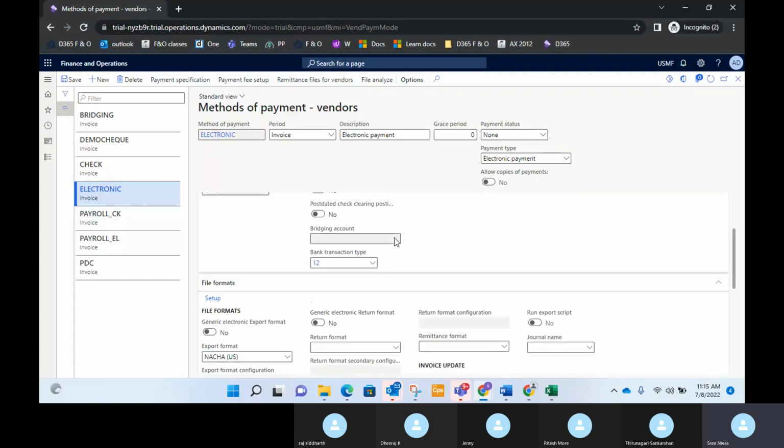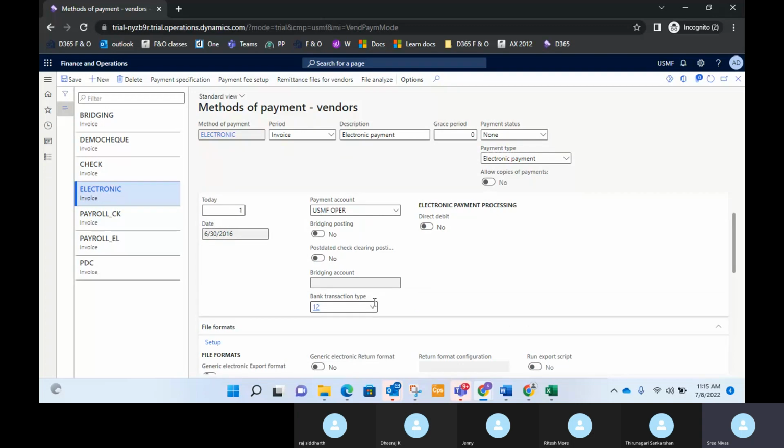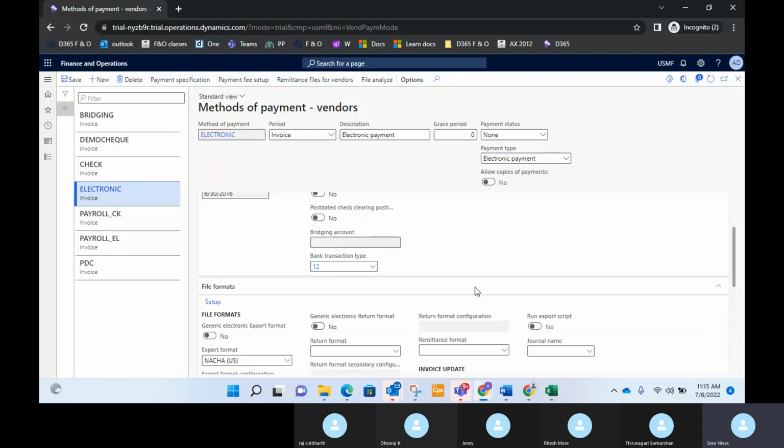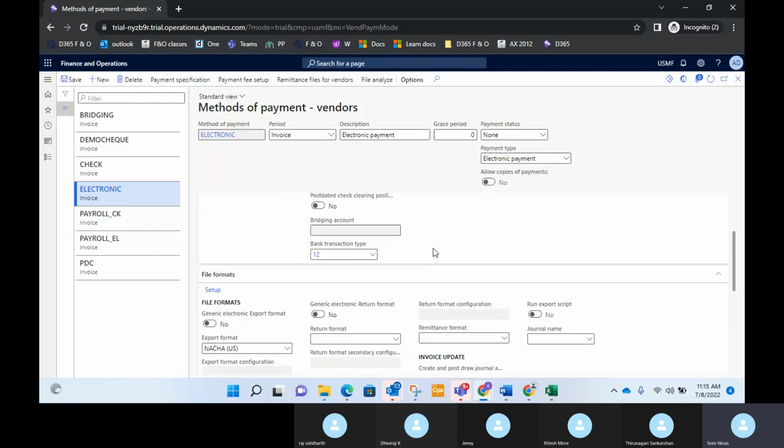Yeah, and there are a few fields. Let's say the bank transaction type. See, bank transactions are of multiple types, right? You will be receiving payments, you will be making payments, you will be sending a check or anything of that type. So if you want to configure, let's say,